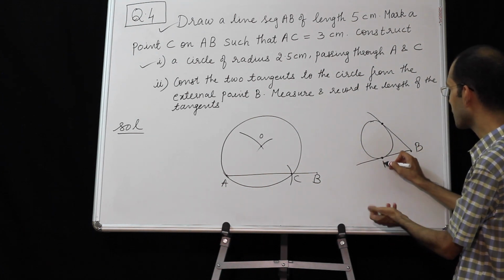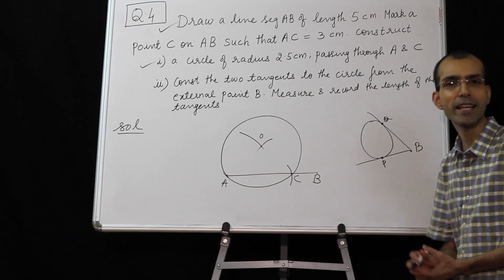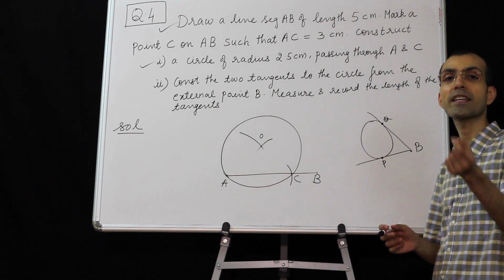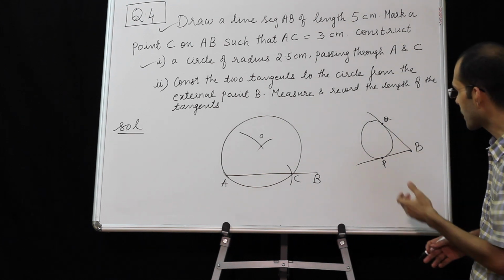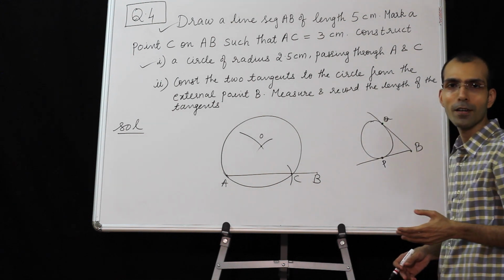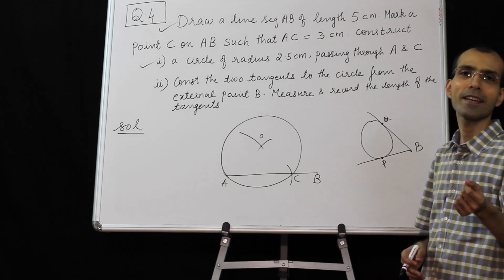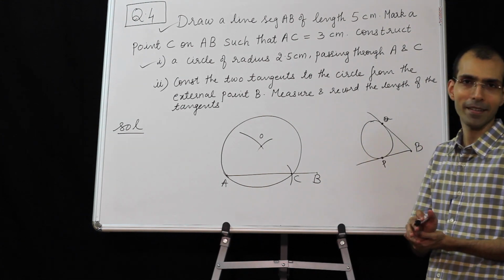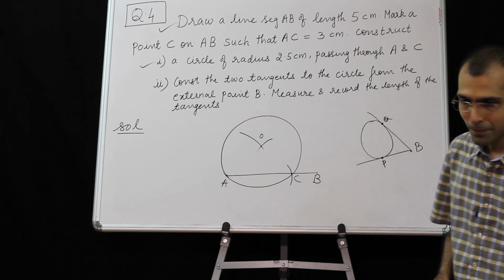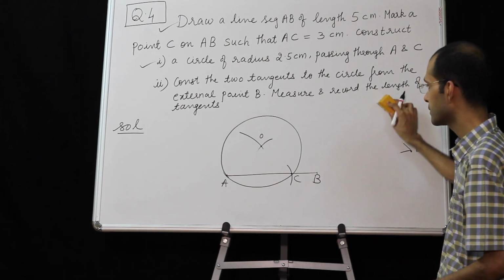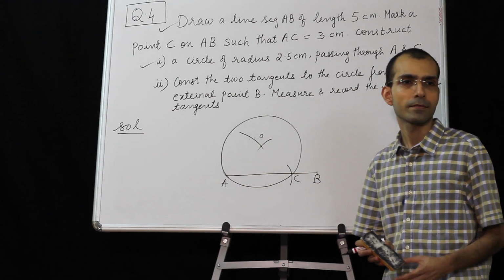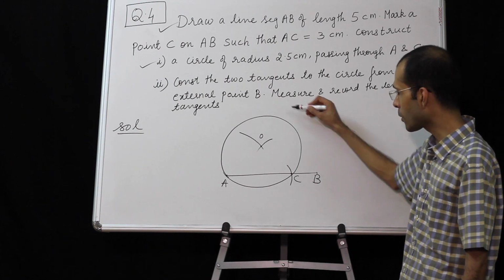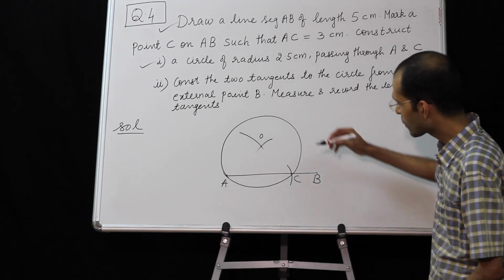Yes, so say BP and BQ would be the two tangents from an external point. We can draw two tangents to a circle from a given external point. But we cannot simply take a scale and draw, because the human eye cannot judge the point of contact. So there needs to be some technique of drawing. So from point B we need to draw now two tangents. So what we do is